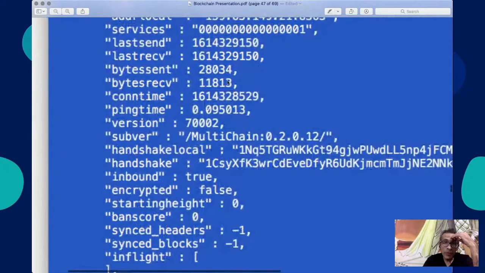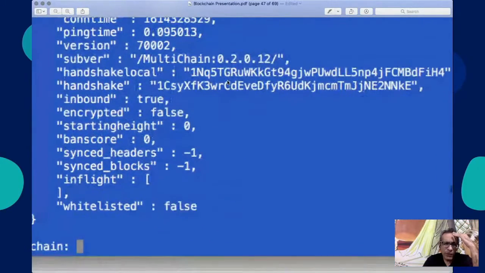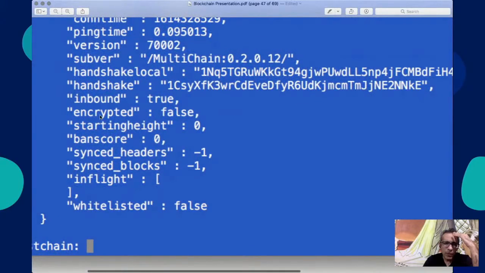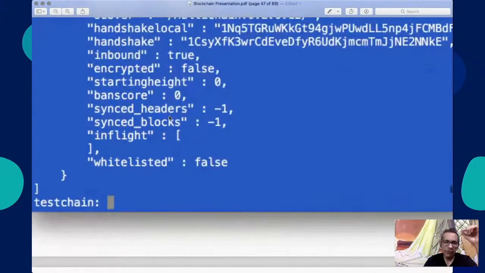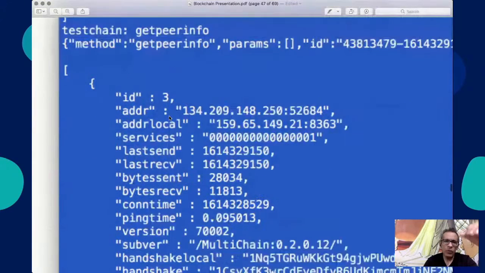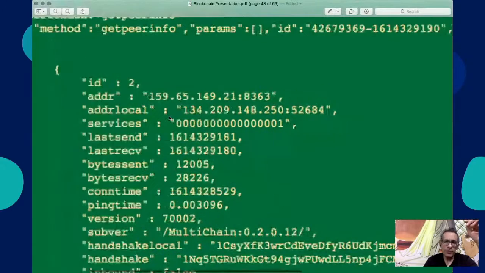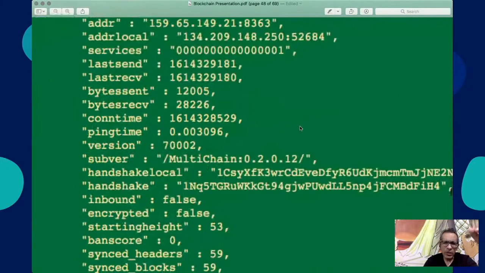All these others we can ignore for the time being. None of them are so critical for you to understand. One thing to remember, because we're using community edition, encryption is false. So data traveling between nodes can be sniffed by somebody. Later when you log in on your node, you can do getpeerinfo and see details of your node. It would be something like this. Again, you can see all the data.